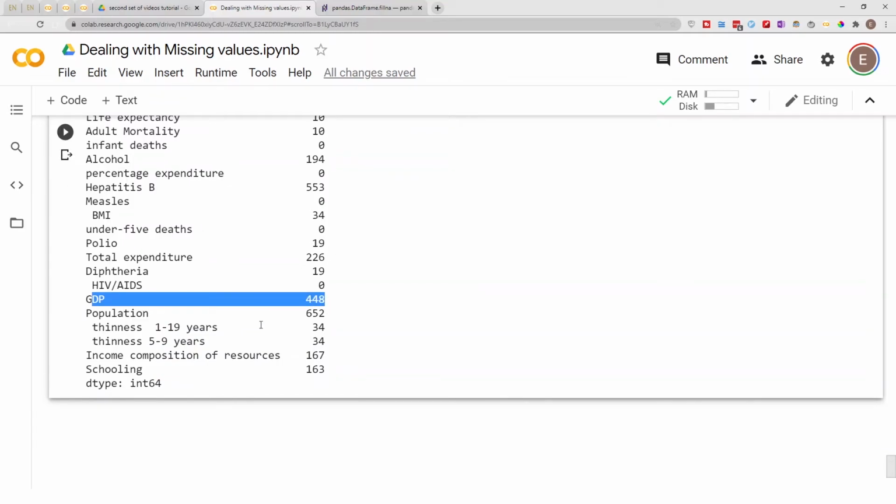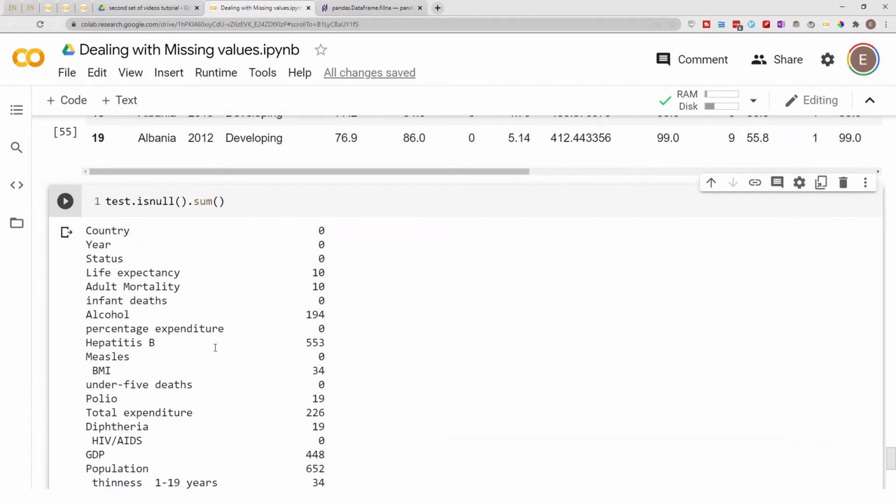Your data is no longer clean. You have badly manipulated your data, because the average GDP for all the countries is not an indication of a country's GDP if their GDP is missing from this data frame. So basically, whenever you're dealing with missing values, what I'm trying to say is kind of use common sense. In this situation, in this data frame, filling the missing values